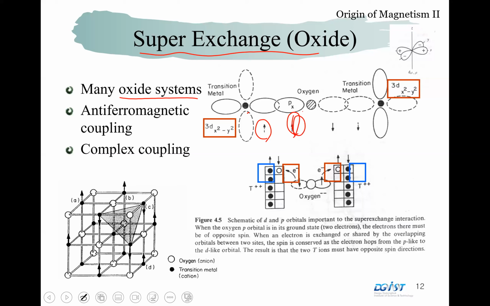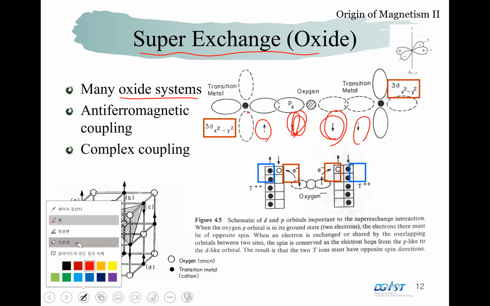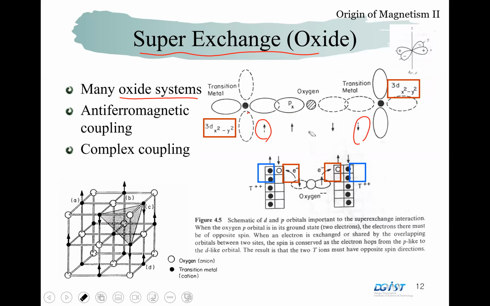Then, if this guy is upspin, this guy must be downspin, and this guy must be downspin. So actually, if we ignore this electron between them, we can say there is some interaction between these two 3D metals, and this coupling is basically antiferromagnetic coupling. And also this kind of antiferromagnetic coupling depends on the details of the bonding and the distance